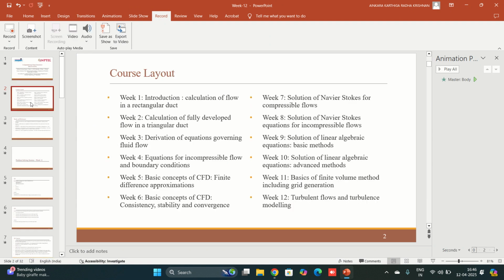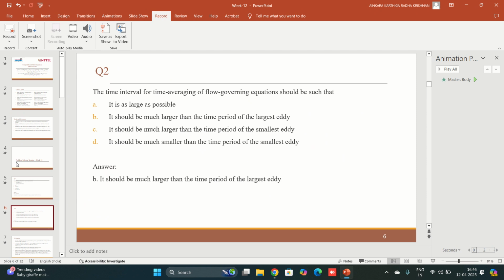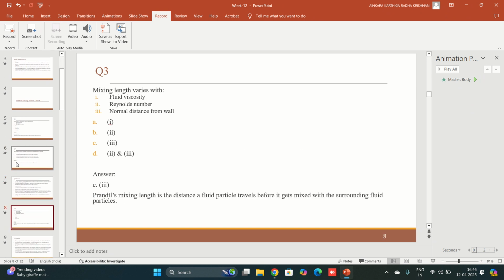So we have seen about turbulent flows and turbulence modeling in today's class. The characteristic features of turbulent flows are chaotic motion and high diffusivity, high frequency fluctuations, and also the time interval for time averaging should be larger than the time period of the largest eddy. Mixing length varies with respect to the normal distance from the wall,